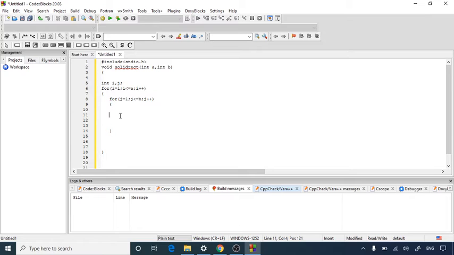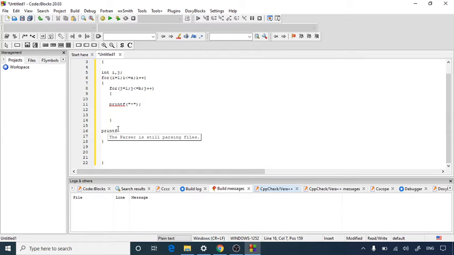Inside the j bracket I am going to use printf. So I am using printf, and there I am going to write nothing but the asterisk sign to be printed that many times. After that, here I'll use one more printf statement to let the control go to the next line. So I'm just putting \n. So here I have written these two.